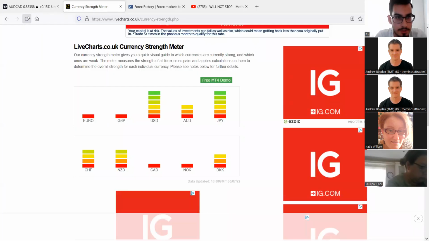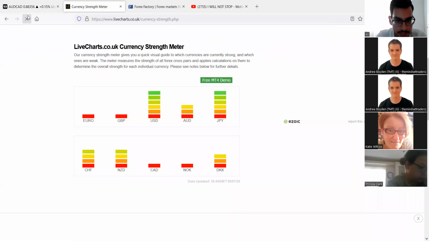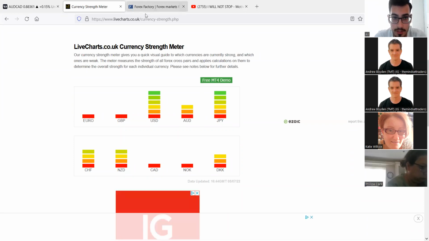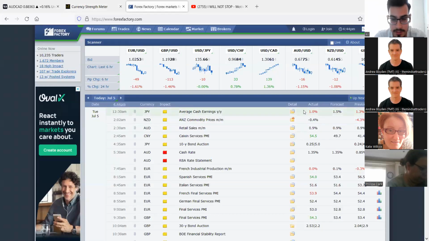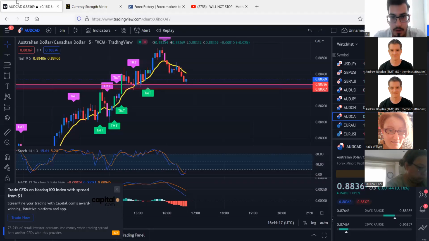Let's look back at the currency strength, if anything has changed. AUD CAD is still well. It's pretty much the same. Nothing has changed. JPY and USD has been doing very well today. Especially JPY has been in a strong uptrend. There's no news. Okay. As I mentioned, like about 2 minutes ago, even sometimes the weak point when it touches